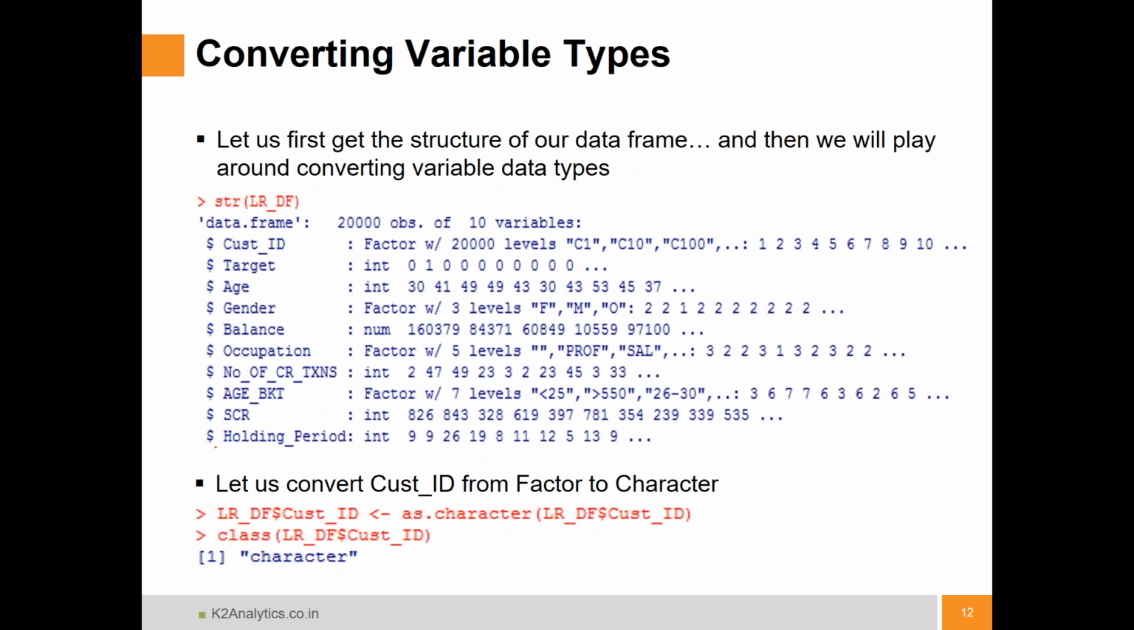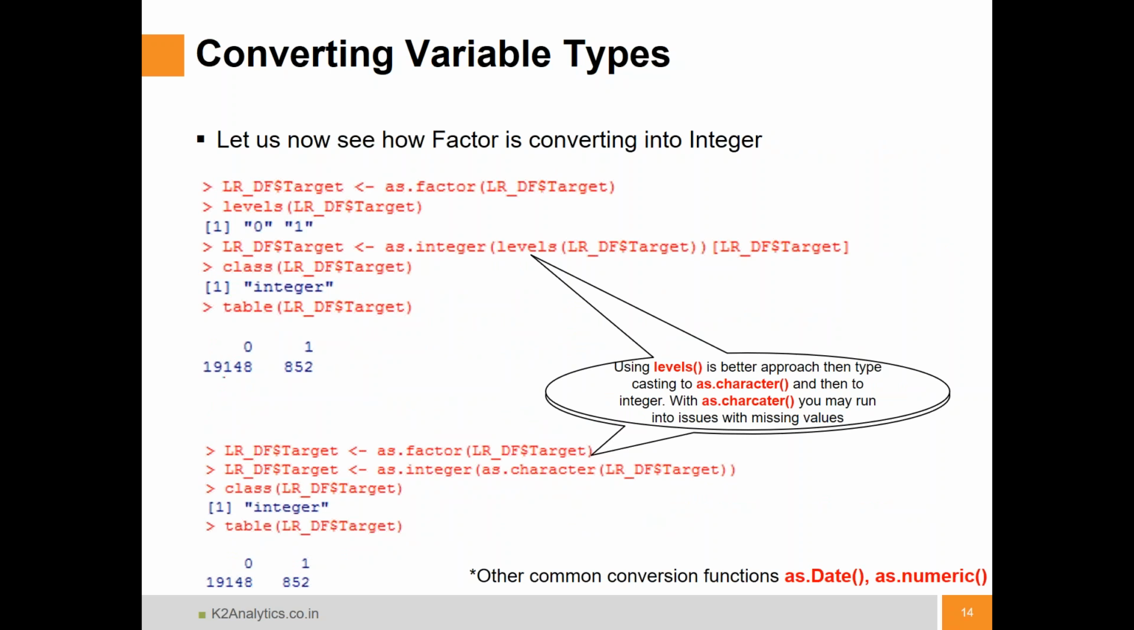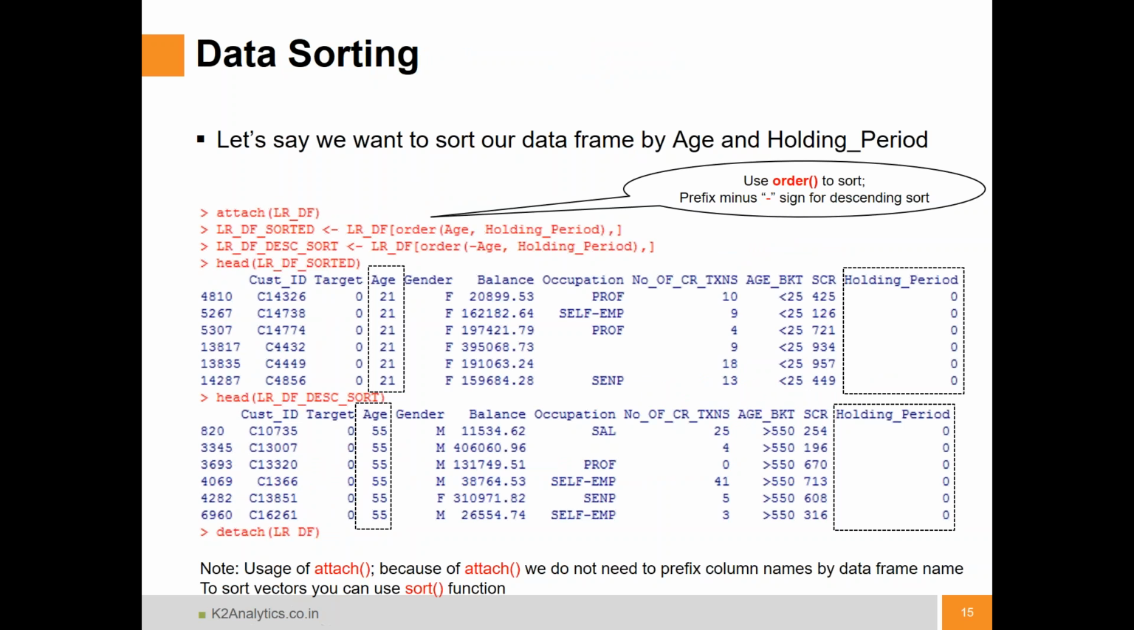Converting variable type, casting. And when we did casting, I specifically mentioned that when we are casting integer, there are two ways to cast. One is to convert from a column which is of type factor but containing integer values. If you have to convert to integer, we have to first cast it to character and then to integer. Or the other approach is to use levels. Both the syntaxes are given here. Then we saw data sorting,